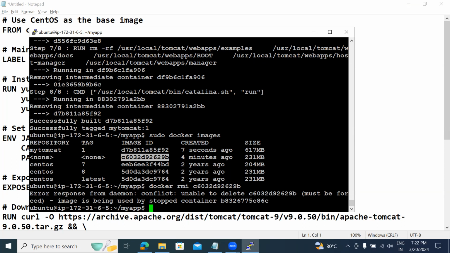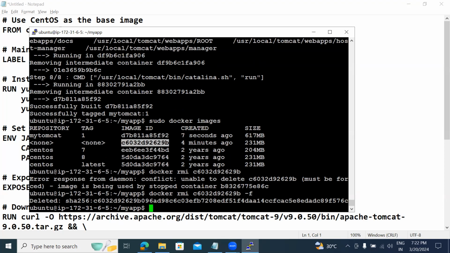It is not able to delete that. Then -f, force, we can use it. But my Tomcat 1 is our required one. Okay, so now in the same Dockerfile, what I'm going to do is